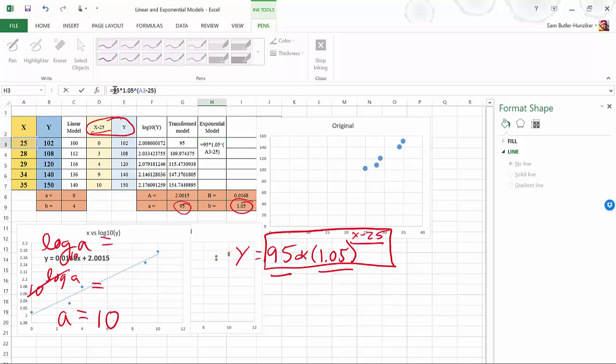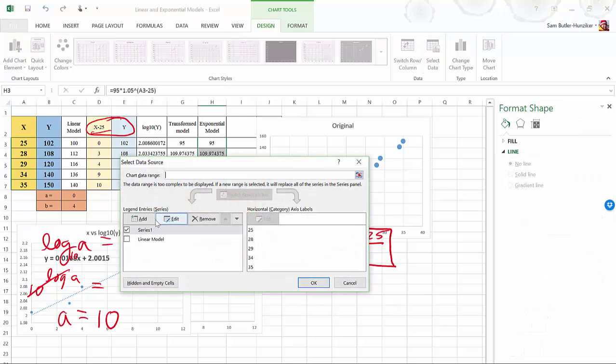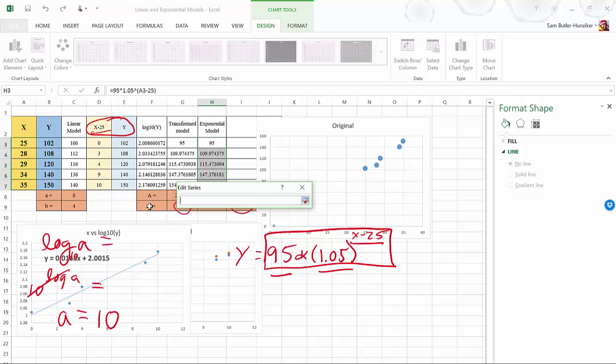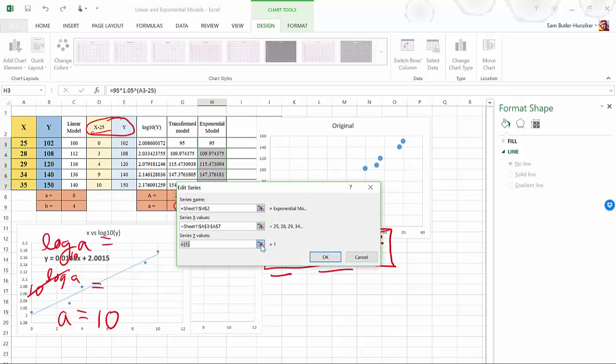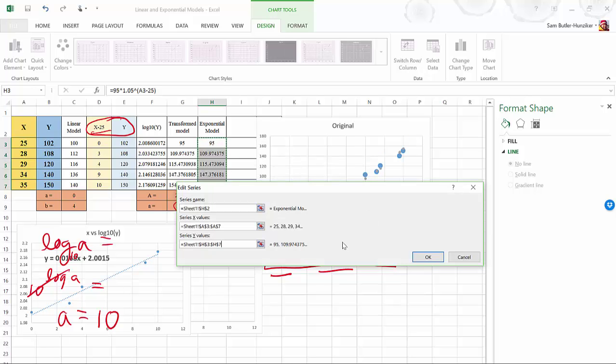Again, if you wanted to recall little a cell, the G9, and little b and I9, you're welcome to. That way you can continue to play with the numbers and see where they end up. But this is going to be our exponential model with the original data in mind. So I'll go ahead and plug it in here. We'll add our exponential model series with the original x values and our exponential model y values. Hit the go button a couple times,